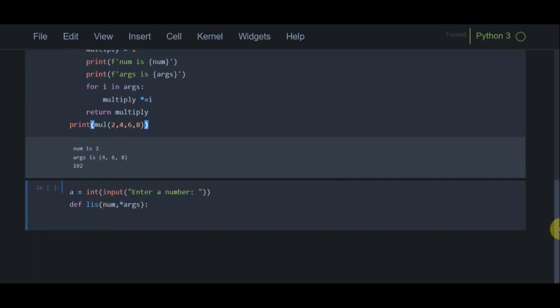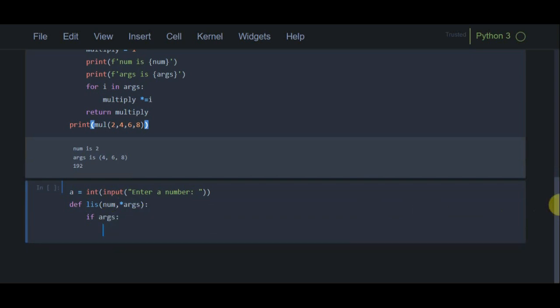Now, we have to generate a comment also. If the user is using star args as an argument, the comment is not generated. But if the user did not use star args, then we should generate the comment or warning. For this I am using if args.